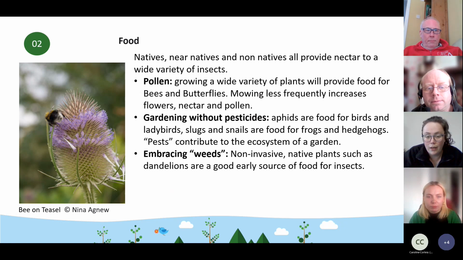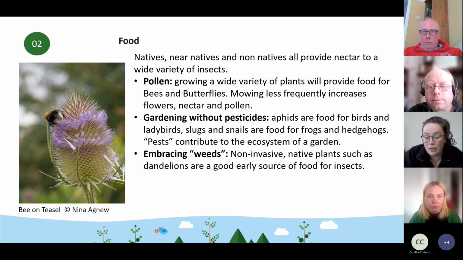So if you have a green space, I'll give an example of the cricket club that we've been working with in Bolton quite closely. Obviously their primary aim is cricket, but around the edge of their green space, we are going to start leaving the grass to grow a little bit longer and let the plants that are naturally in the seed bank start to come up to the top. And that might be things like dandelions. And we're going to embrace them because although they've got a bit of a bad rep, dandelions are actually a really good source of early food for insects. So leaving the grass to grow a bit longer, see what's in there. It provides a good habitat, good home, but also provides a good source of food as well.